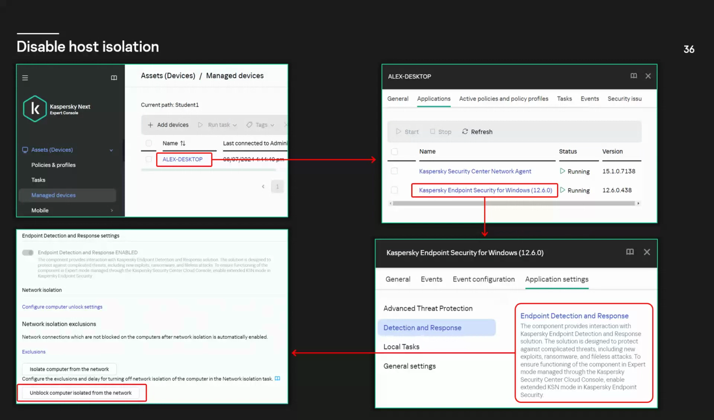It is done in the properties of a device. So you go to a device, then go to applications, select Kaspersky Endpoint Security for Windows, and go to detection and response and click